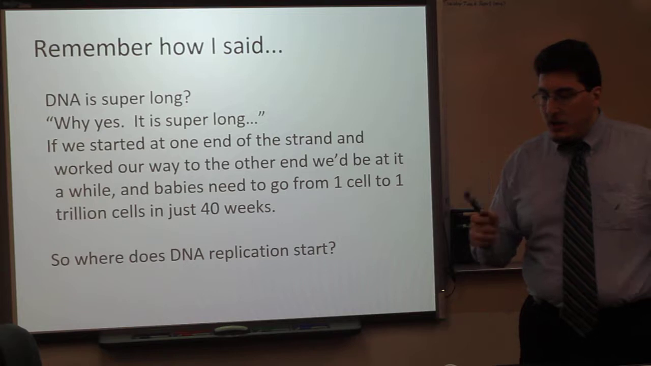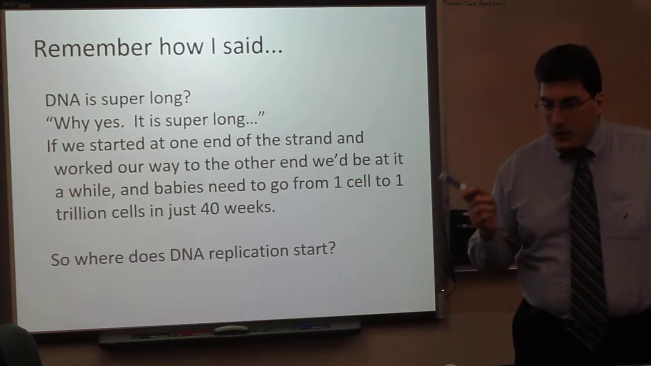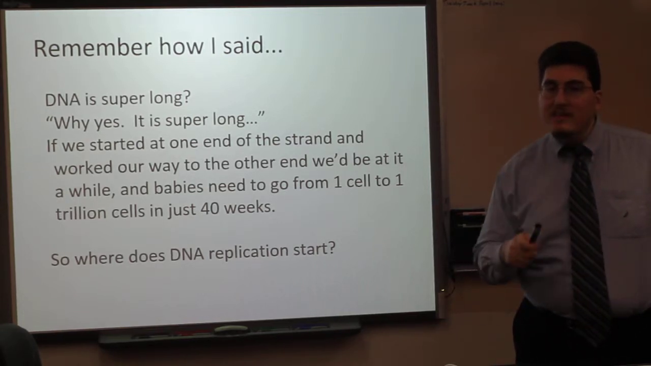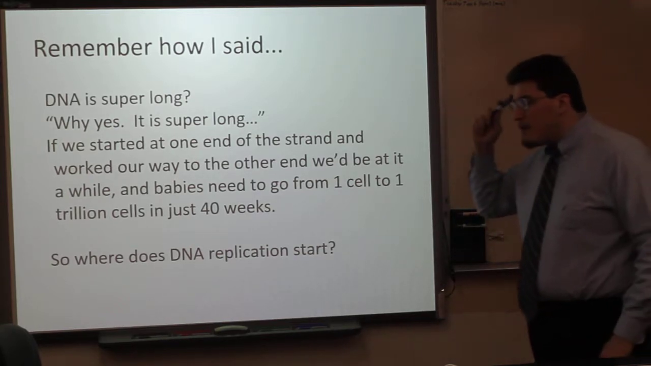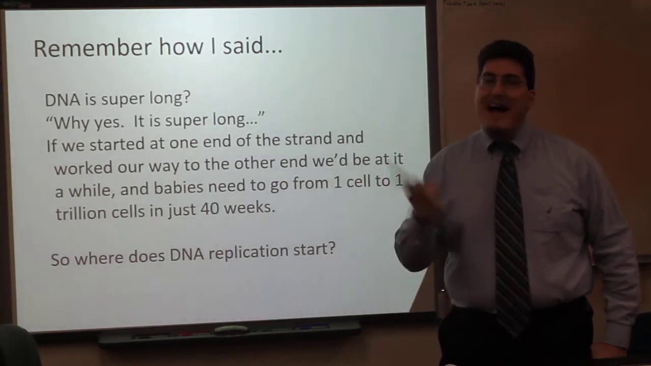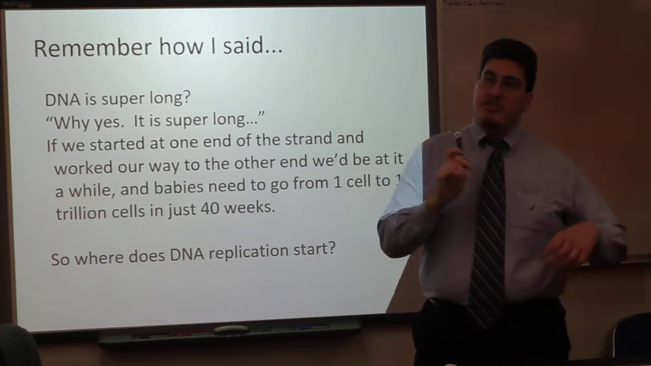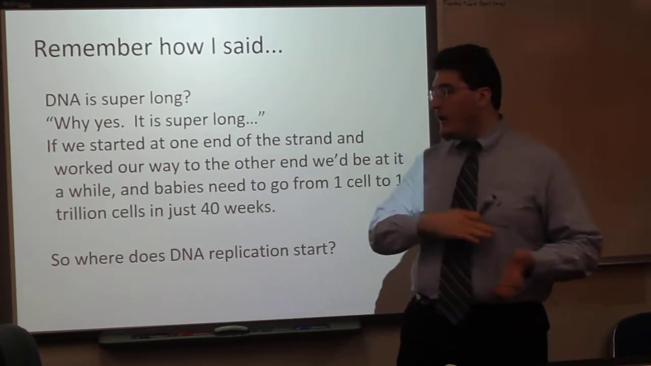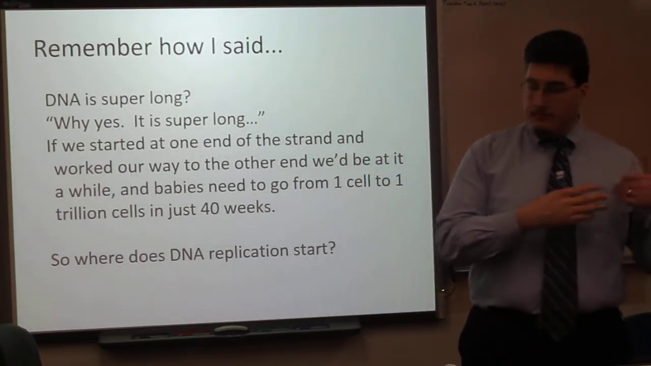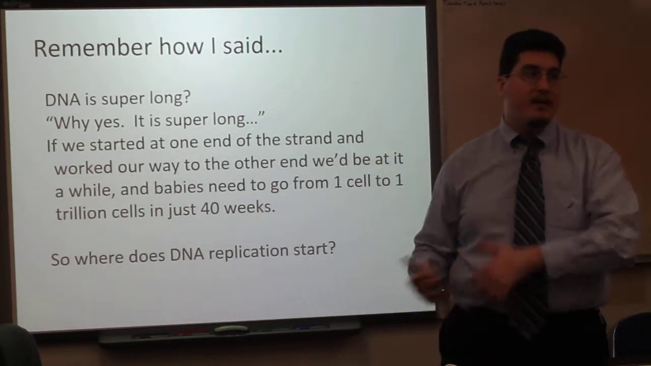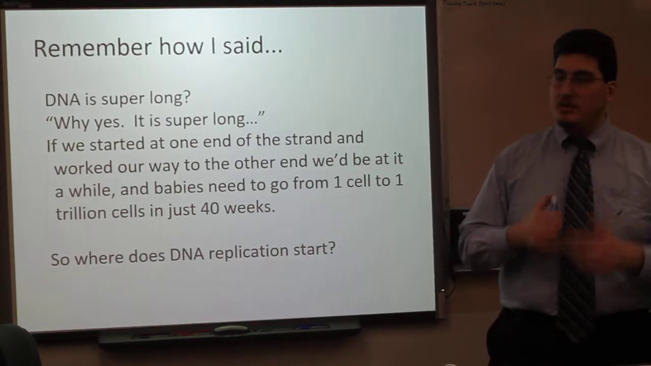If you talk about a human baby, you have about 40 weeks to go from one cell to about 1 trillion cells. So DNA replication needs to go faster than starting at one end and going all the way to the other end. You can't exactly be running from here to the moon, because that is literally what 1 trillion,